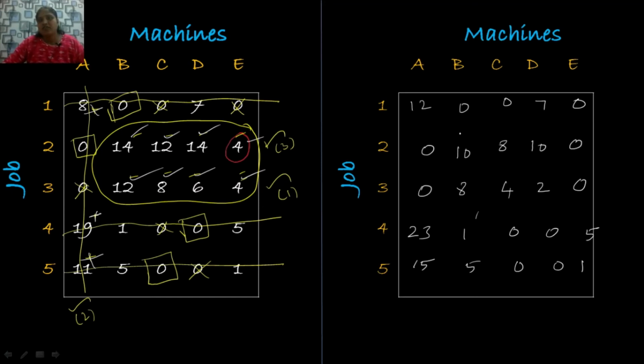For that, as usual, we have to write down the number of zero elements of each row first. So the first row has 3 zero elements, the second row has 2 zero elements, the third row has 2 zero elements, whereas the fourth row has 2 zero elements and the last row has 2 zero elements. So always keep in mind that we have to give our first assignment for the row which has fewer zeros compared with others. Here the second, third, fourth and fifth rows all have 2 zero elements. So we have to prefer any one of them arbitrarily and start with our first assignment.